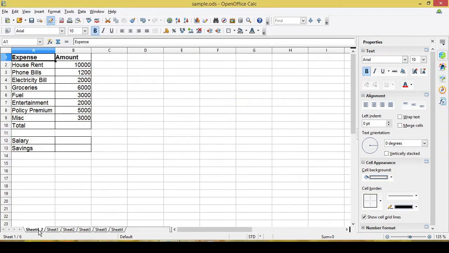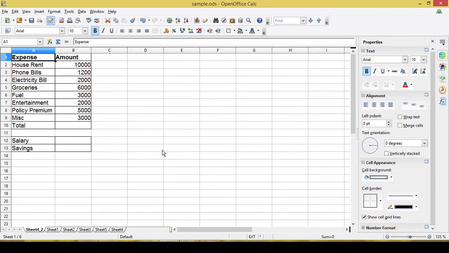Now you can see, as I already have a sheet 4 in the current file. This file is also known as workbook. So in my workbook I already have a sheet named sheet 4. So when I inserted a sheet named sheet 4 from another file, you can see it is now sheet 4_2. So Calc has already done that. Now this is the sheet we have inserted from another file.